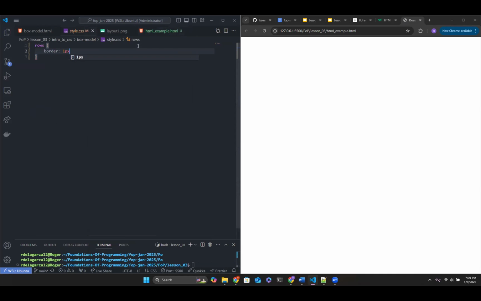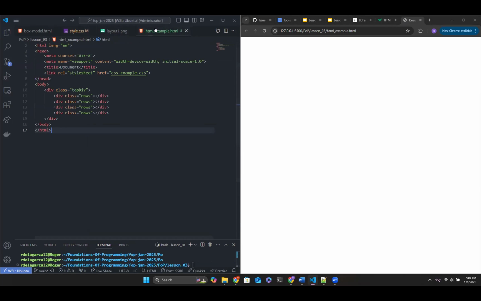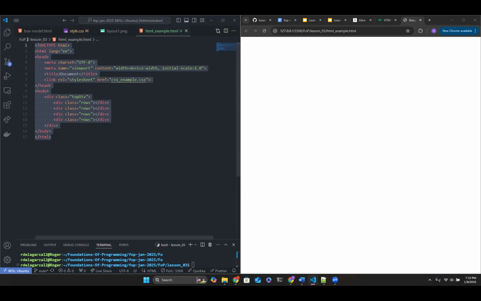We'll say 1 pixel solid red. And because it's a class, it needs a dot. And why is it not doing what I want it to do? Oh, my bad. I'm using the wrong example here. Let me go ahead and copy this.